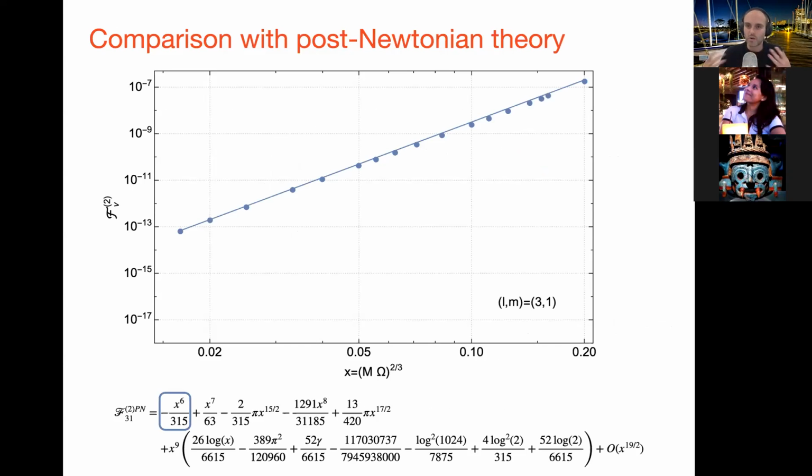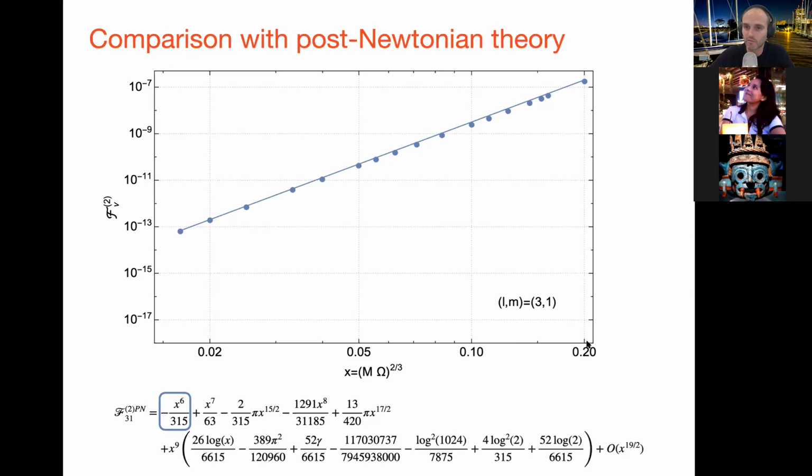So what can we do? We can go ahead and compute our flux from our perturbation theory and compare that with post-Newtonian. So here I'm showing that. Here these dots are the output of our black hole perturbation theory second order in the mass ratio calculation. And we're just computing the second order flux and comparing this as a function of the orbital separation. Over here, this is the weak field, so you expect results to agree most with PN over here. This is the strong field. As I said, you can think of x as being roughly 1 over the radius.